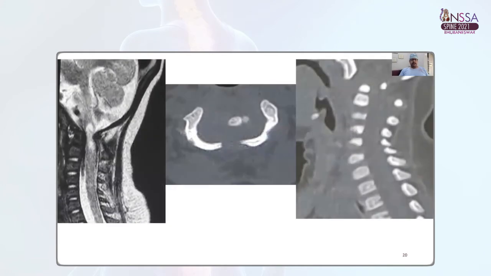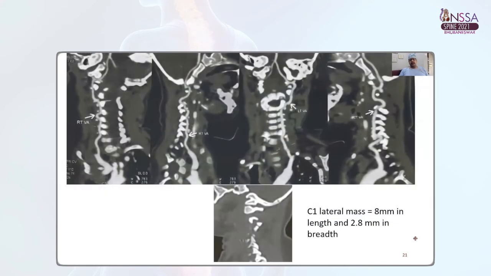So this is his MRI, which showed atlantoaxial dislocation with C1 arch stenosis, with cord signal changes seen at the level of the cervicomedullary junction. Vertebral artery angiography is something which we do routinely, and this patient showed a dominant left vertebral artery compared to the right side. The C1 lateral mass was very small in size, which was only 8 mm in length and 2.8 mm